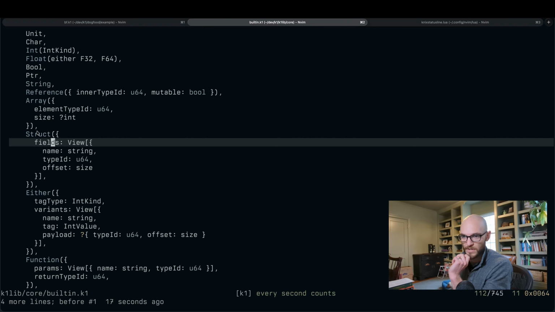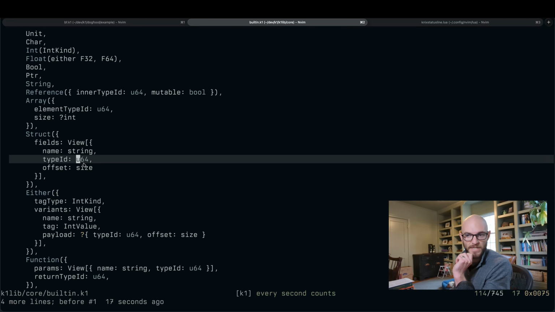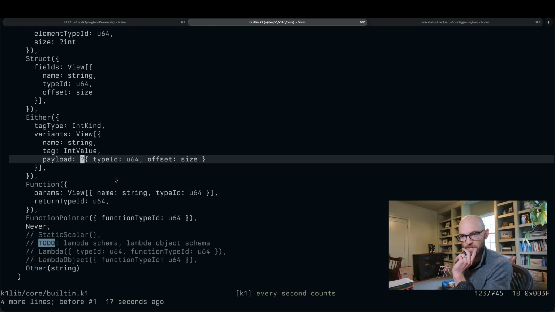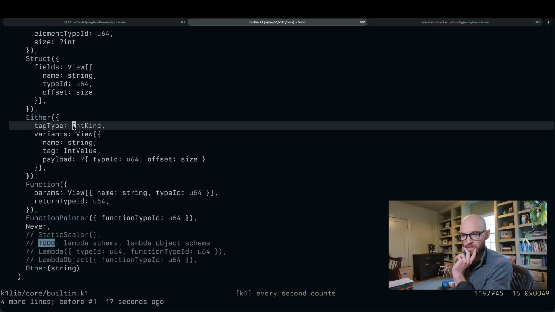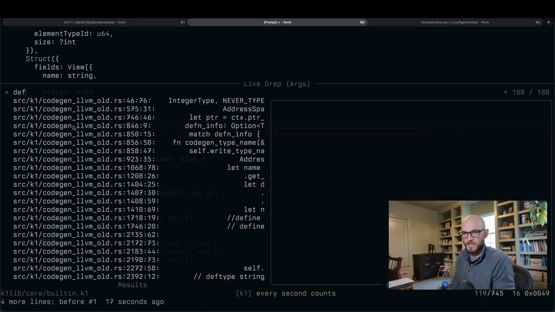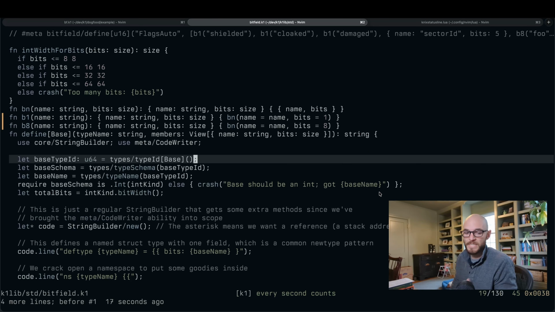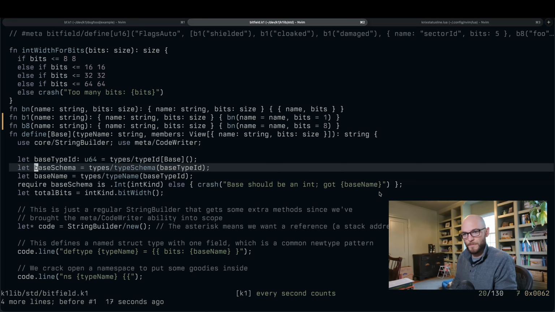There's a lot going on here, but this is a struct, right? And it's a series of fields, which each have a name, a type ID, and a byte offset. Here's an optional payload for each either variant as well, with the prefix ?, and option is just another type defined in the language itself, not a built-in. Although the syntax for that ? prefix is a built-in. So we're going to retrieve one of those schemas for,